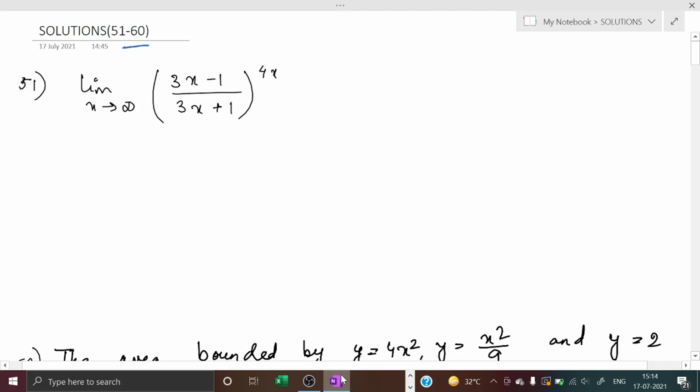Today we'll be discussing the questions on WBJEE today's paper, and I will be discussing from question number 51 to 60. Okay, so the first question is a very easy question on limits. The solution is